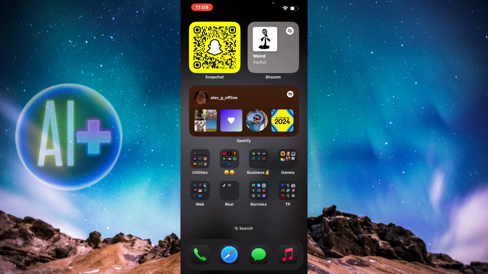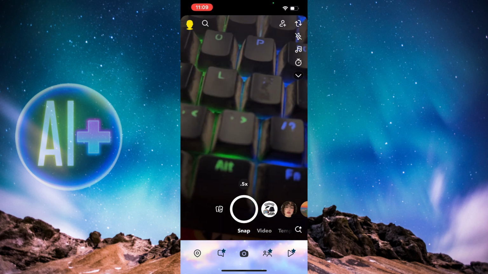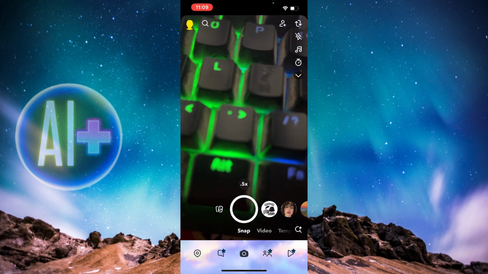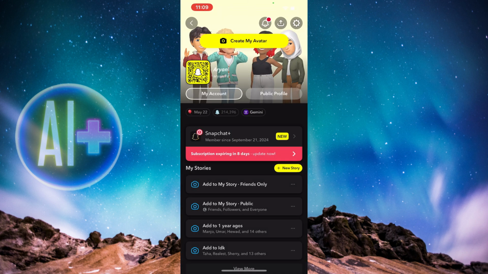First up, just open up Snapchat. And once you're in Snapchat, you just need to go ahead and press on your Bitmoji. I don't have a Bitmoji, but you'll see something in the corner. Just press on that. And once you're inside your account, you simply need to first of all clear your public profile, because if you